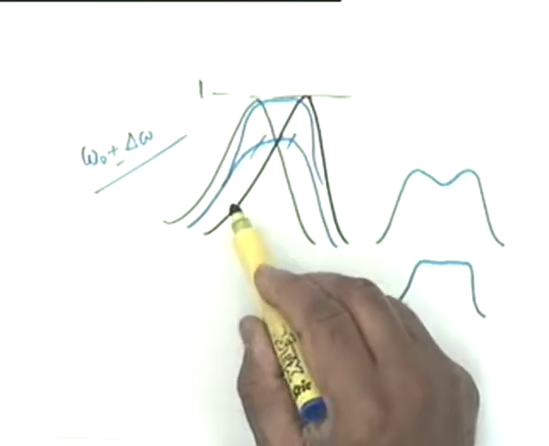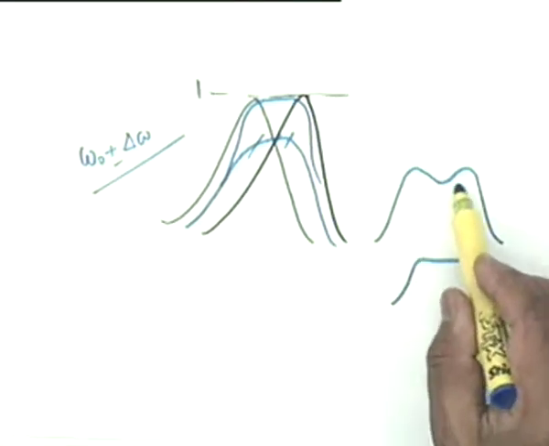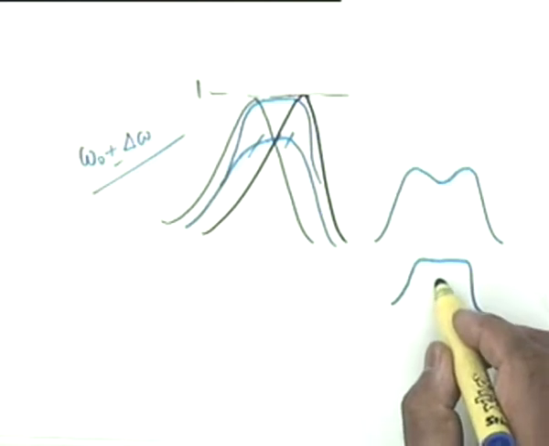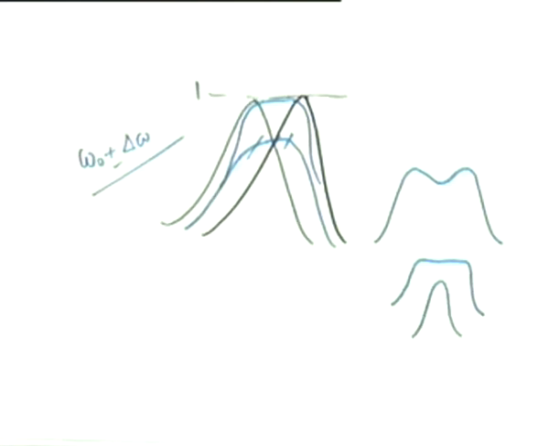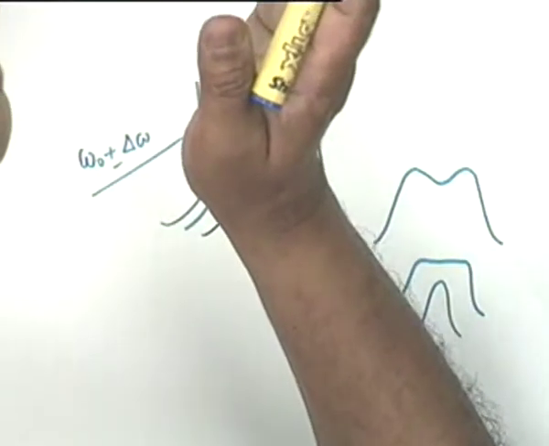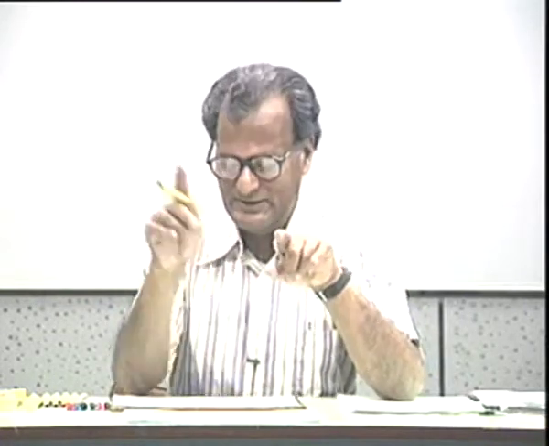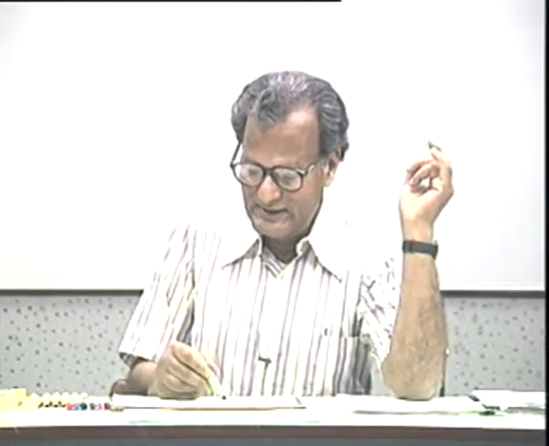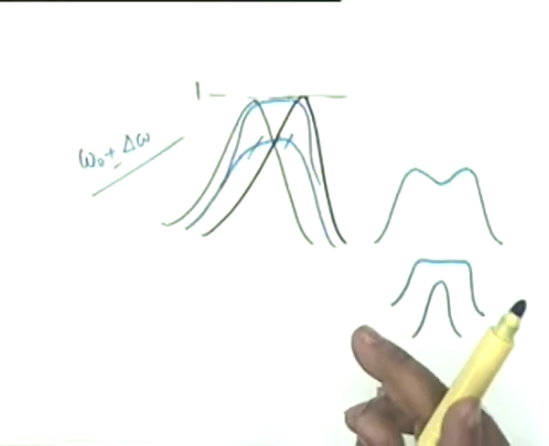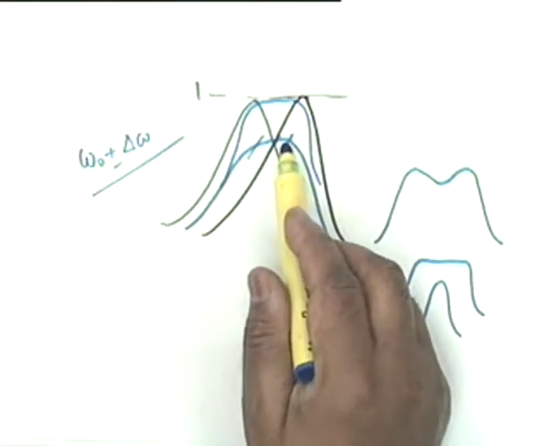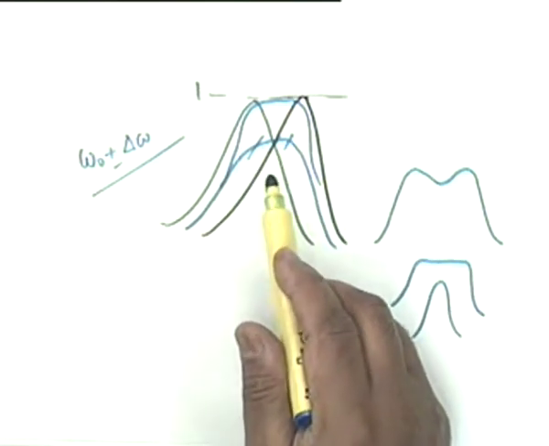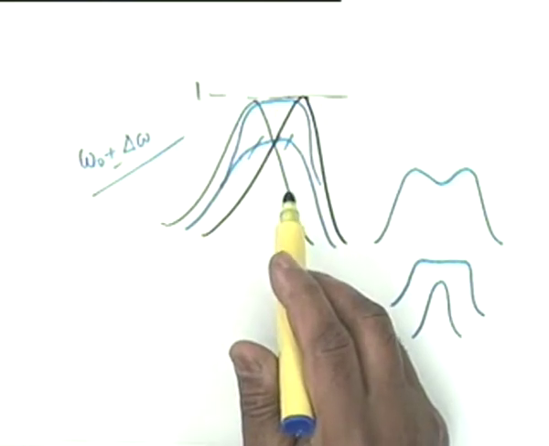So this composite response can be either double peak, or it could also be like this, single peak, if they are brought very close to each other. For example, if they are coincident, then you know it will be a single peak. If they are slightly separated, then I will get better skirt selectivity, but the top may become flat. Such a response is preferred in the intermediate frequency stage of, let's say, an amplitude modulated receiver.